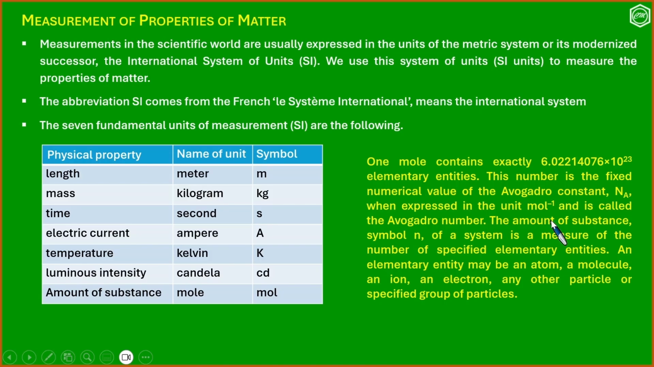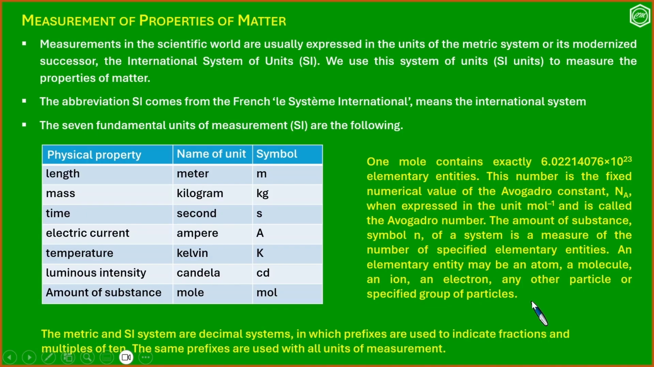The amount of substance, whose symbol is n, of a system is the measure of the number of specified elementary entities. An elementary entity may be an atom, a molecule, an ion, an electron, and any other particle or specified group